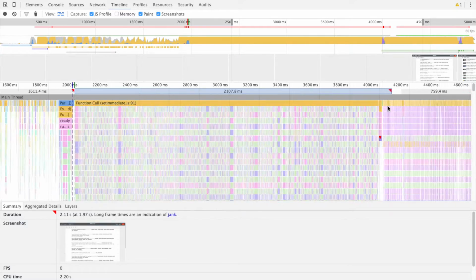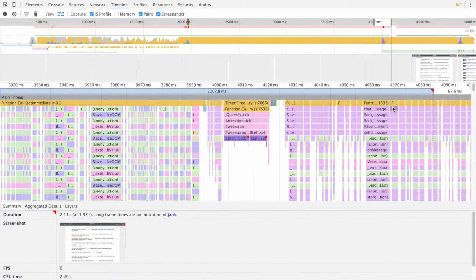So after that, this looks like some animation thing. I didn't notice any animation on the page load. I'm not sure what that is. But after this long set immediate that took 2 seconds, we have